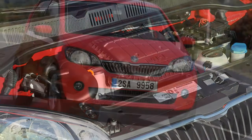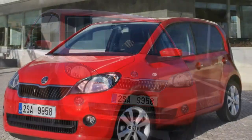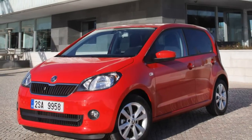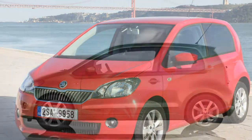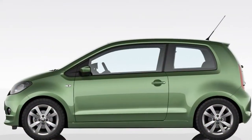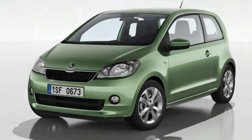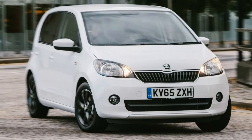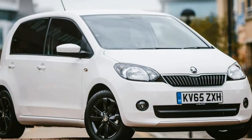Strong safety rating for the Citigo, five stars awarded by Euro NCAP. Some safety features can be added at extra cost. The maximum five-star rating on the Euro NCAP test for crash safety means the Citigo is an extremely safe place to be. There are four airbags as standard, with the driver and front passenger getting head and thorax airbags. You also get the option of clever systems such as City Safe autonomous emergency braking, which is a laser-based braking